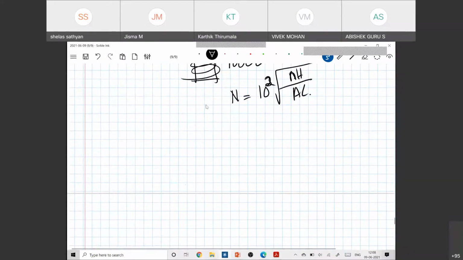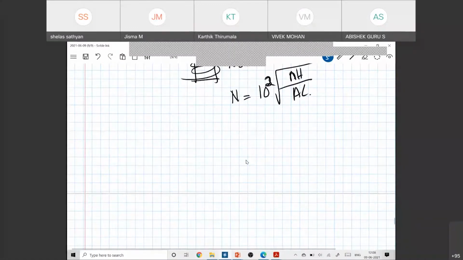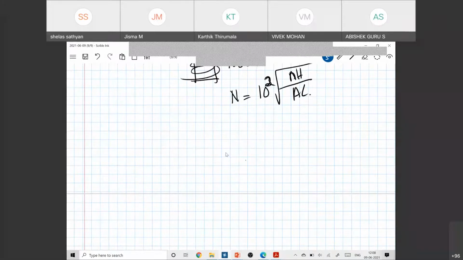Whatever core table I am using is a very old one. Renewed core tables with a large number of magnetic cores are available. You can check it on the manufacturer's website.